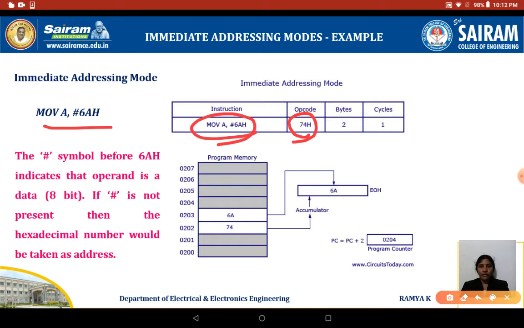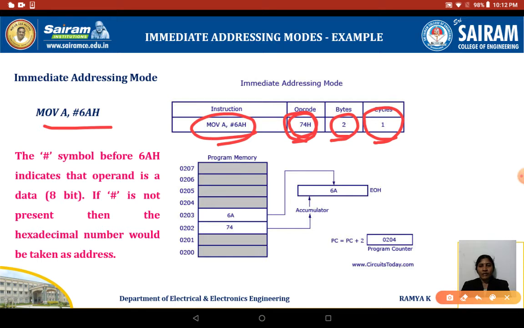The opcode for MOV A, data is 74H, and this particular opcode will be available in your data sheet. It is a 2-byte instruction, that is, to fetch the opcode and to fetch the data, and the number of machine cycles is 1.